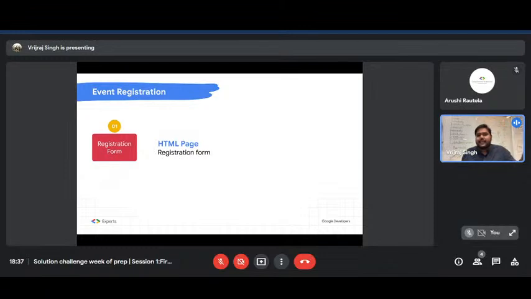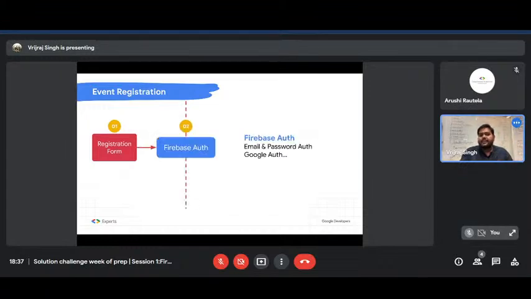We can collect basic information about the attendees, let's say email ID, name, gender. These types of fields you can add in your HTML pages. And then you can use the concept of authentication, like only an authenticated user can fill the form. First we need to sign in with Google, and then you will be able to access that particular registration